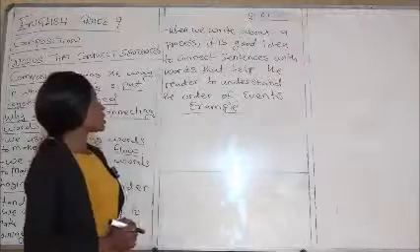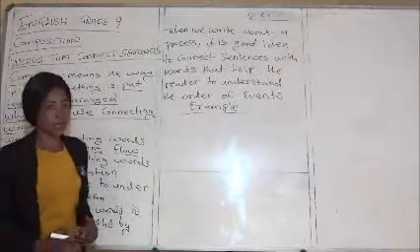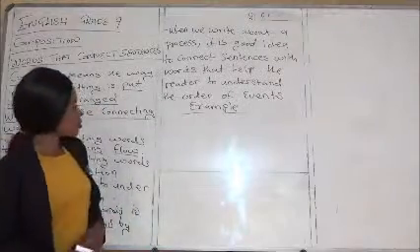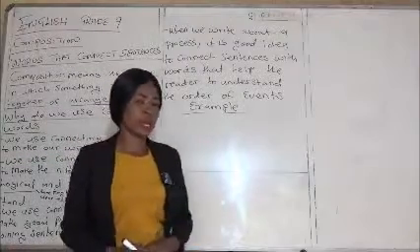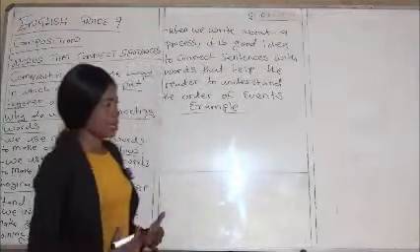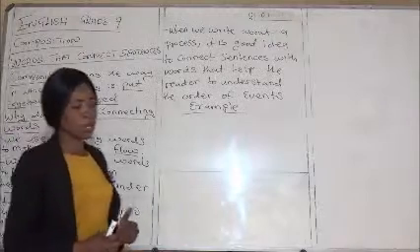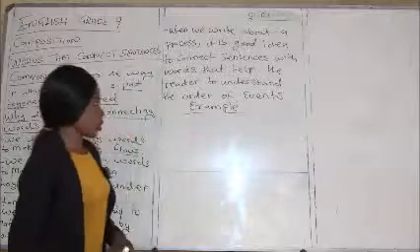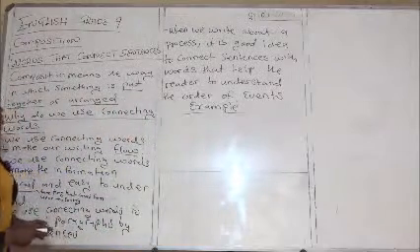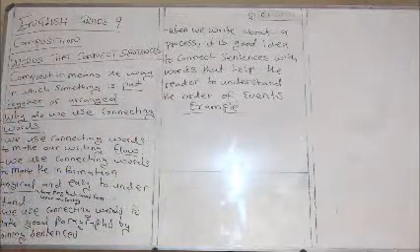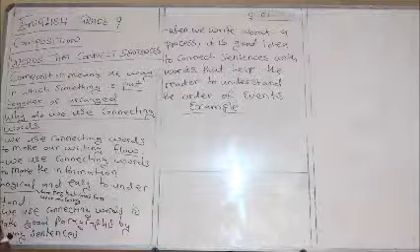Maybe you'll be told to say, can you write a process? For example, maybe they'll tell you, how can you prepare something? Connect sentences with words that help the reader to understand the order of events. So when you are writing, let's look at an example. What do I mean? Why we need to use